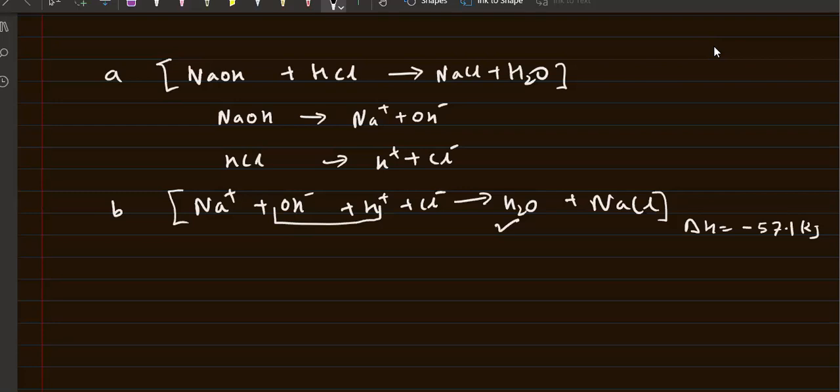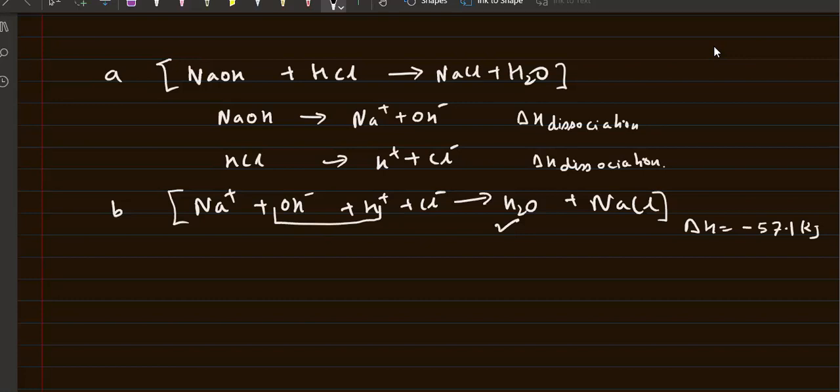Because see, this NaOH is breaking down into ions. So it might have some heat of dissociation, right? Delta H dissociation. Okay, in the same way, this should also have some, right? Okay, but